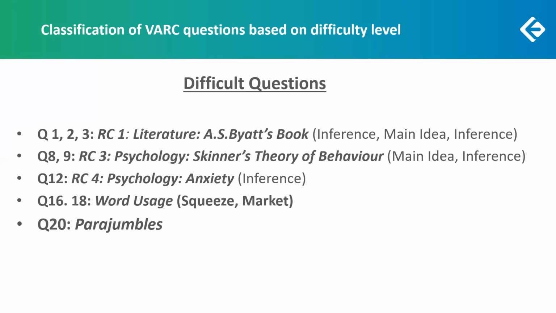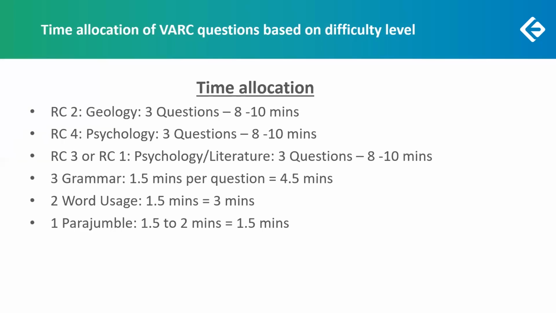However, it's been marked difficult because reading all these 6 sentences and identifying the links was not so easy, which is why it's been marked difficult. So let's look at what you could have allocated your time to. Considering that the geology passage that has 3 questions were easy, the language of the RC was also easy. This is definitely something that you could have taken and probably finished in a matter of 8 minutes or even less than that, 8 to 10 minutes maximum.